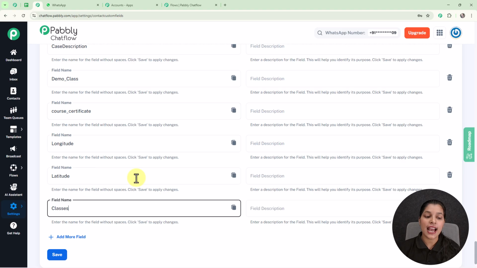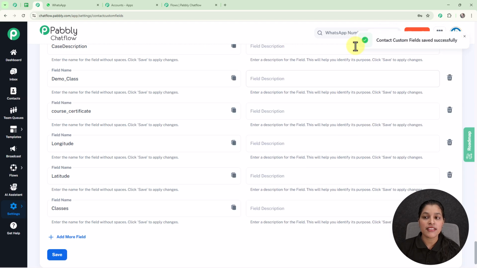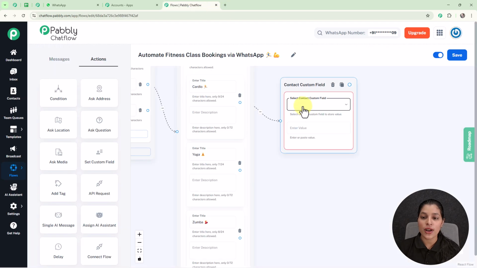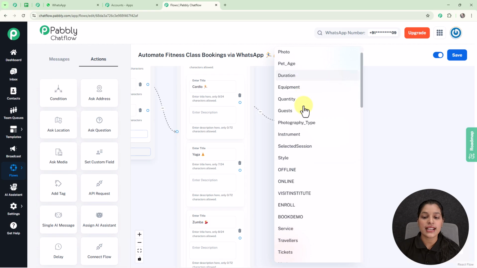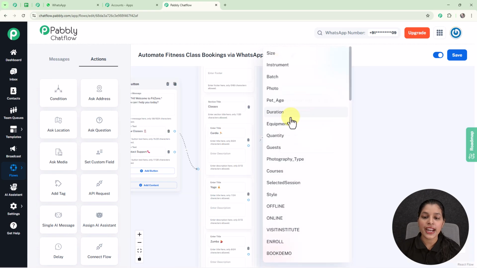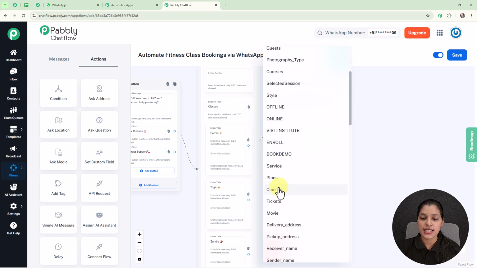So here you can see I have entered my field name, and afterwards I'm going to simply click over the save button, and here you can see we are receiving this pop-up which says contact custom field saved successfully, means we have successfully saved our contact custom field. And now I'm going to select this contact custom field over my Pabbly Chatflow. So now let's move on to the Pabbly Chatflow, and here I'm going to select my contact custom field, that is classes. So here I'm going to select my contact custom field as classes, which can be seen here,